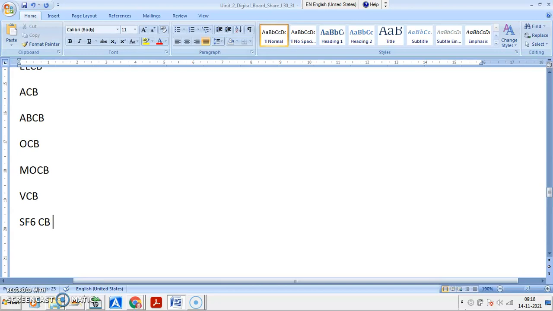So in general, if voltage is below 1 kV, you can go for ACB, you may go for MCCB, MCB. If voltage is 3.3 to 6.6 or 22 kV or 33 kV, you may go for VCB, SF6 CB, MOCB. If voltage is 132 to 220 kV, you may go for SF6, ABCB, MOCB. If voltage is 400 kV or more, you have SF6 circuit breakers that can be used.